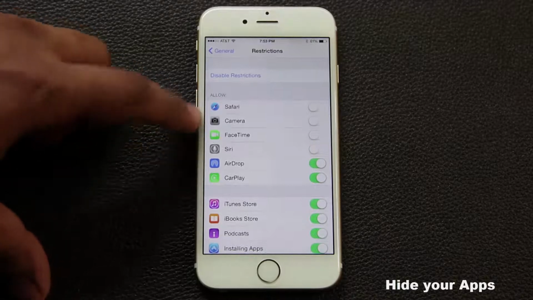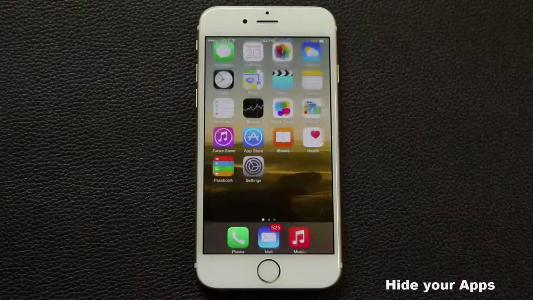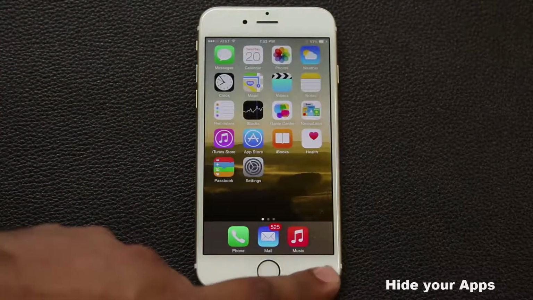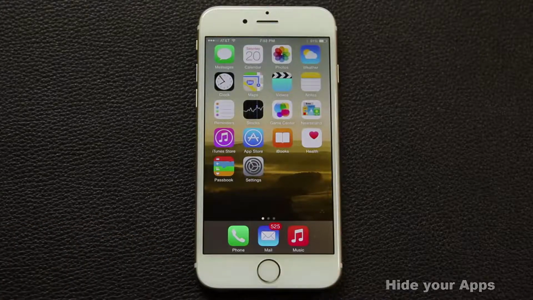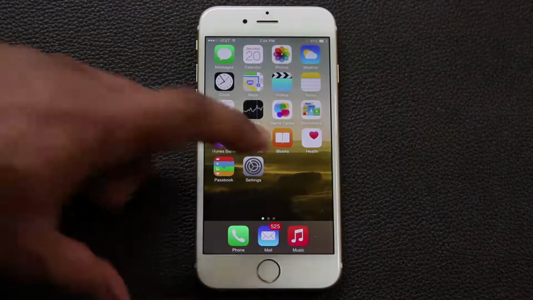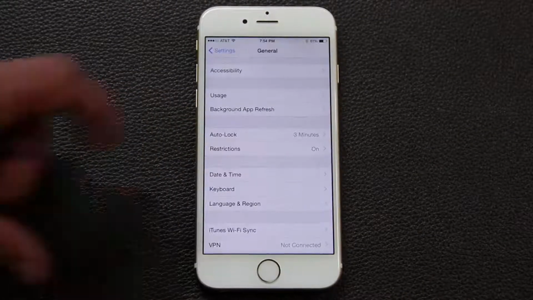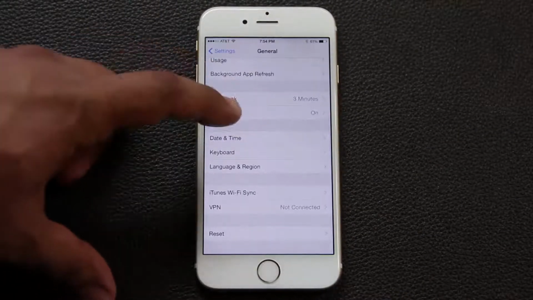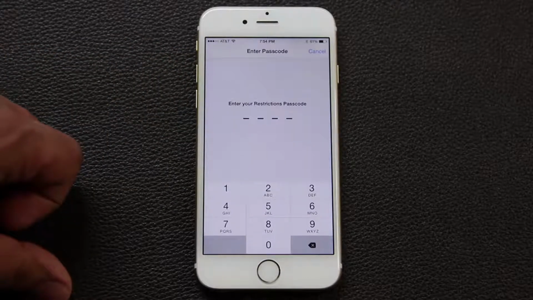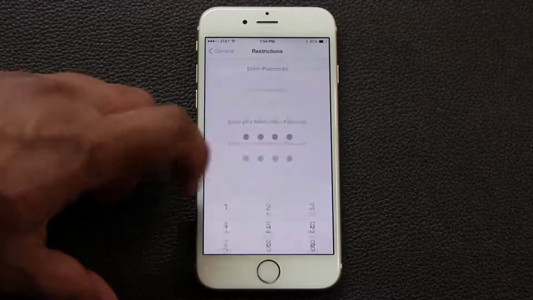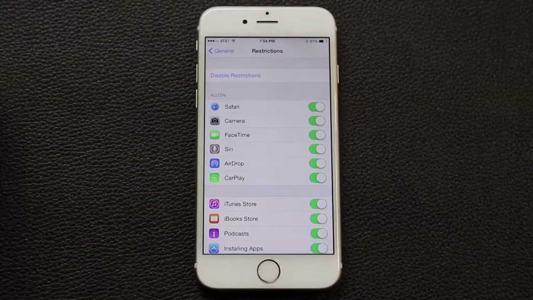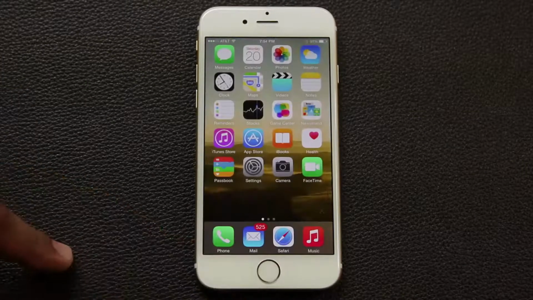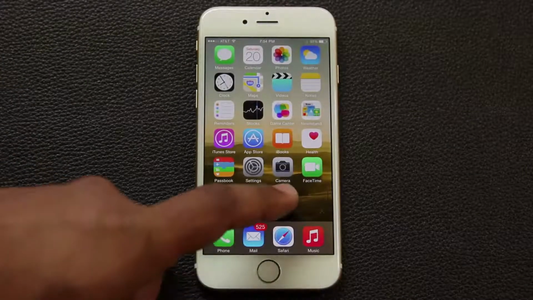So we disable these guys. So if I go back out, the Safari application that was sitting at the bottom here is not there. It is hidden. So is the camera application. This is a rather good feature. So if you go back into settings, go back into restrictions, it's going to ask you for a password every time you try to enter this mode. You put that password you picked, and then you can turn them right back on. Okay, and now if you go back out, Safari is where it's supposed to be, and so is the camera